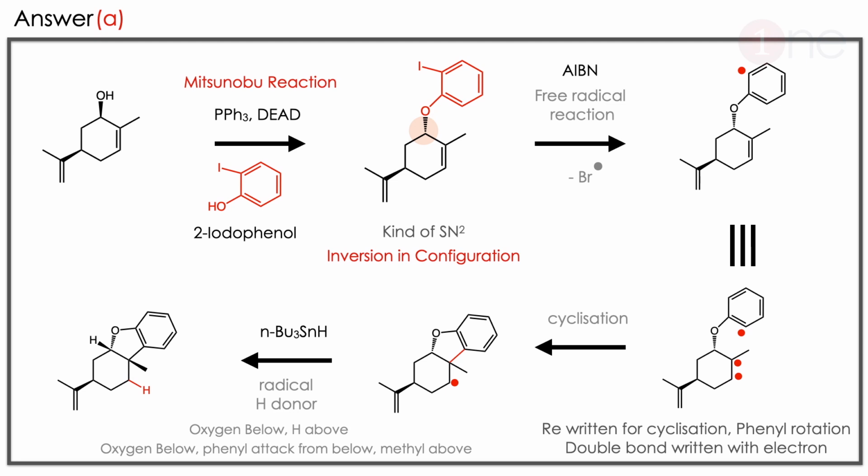The answer is A. Let us see how. By looking at the reagent, you might guess it's a Mitsunobu reaction. In the Mitsunobu reaction, you can simply assume that it is like an SN2 reaction. It can help to form ethers by just combining two alcoholic groups. Water elimination can occur. But the important thing you should know is that there is an inversion in configuration there. So it's kind of SN2. So the product is the coupled one, with inversion in the reaction.